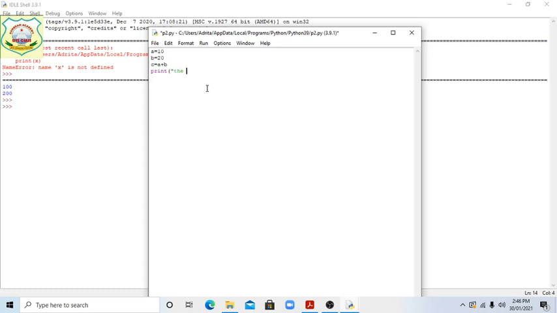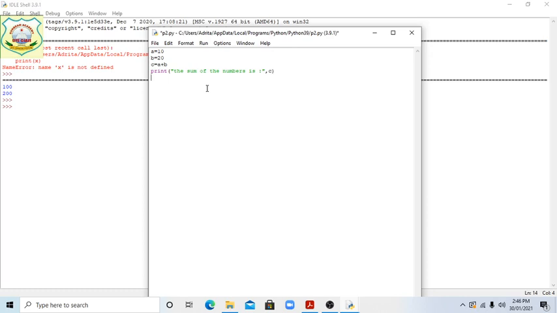the sum of the numbers is, then c we have given.